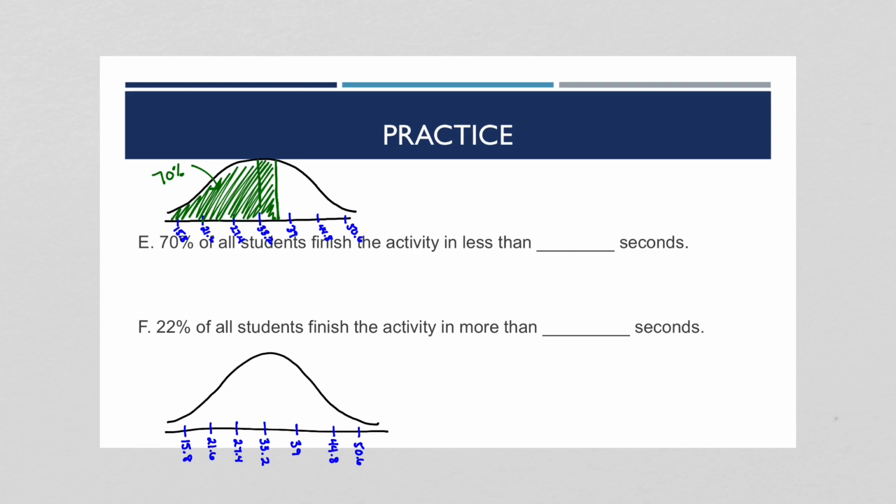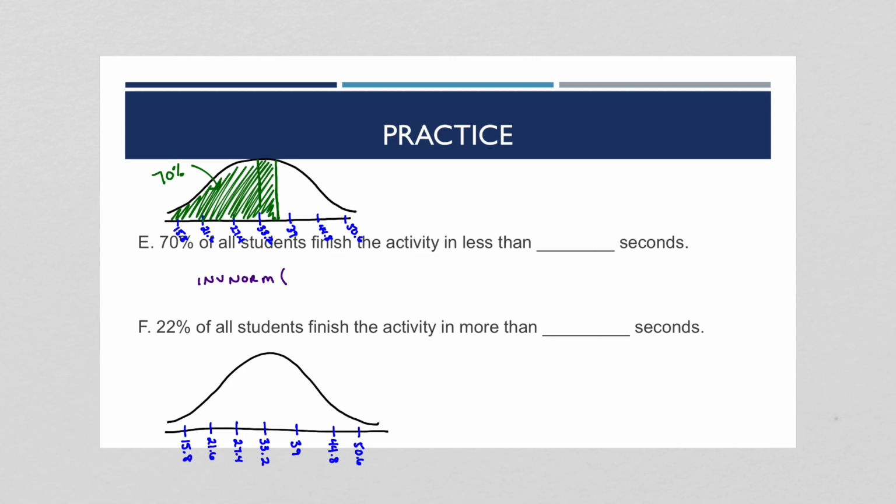Again, I'm shading 70% on the left side and not the top 70% because of how the question is presented. 70% of all students finish the activity in less than how many seconds? So all of our lower time values are, of course, to the left. Now if we were to get ourselves set up, just as before, I'm going to jot down what the calculator entry should look like, and then we're going to jump into the calculator and actually do our calculation. So we know that we're going to do an inverse norm